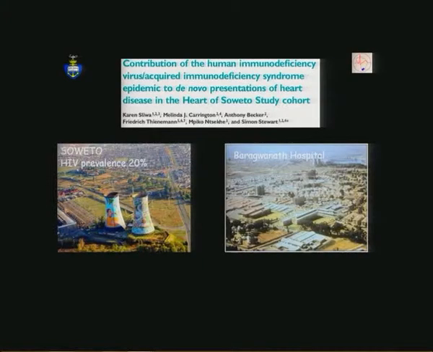And then finally, the third important study was the one that Tino again referred to, and it came from the Heart of Soweto study, looking at the contribution of HIV and AIDS to new presentations of heart disease in this community of Soweto, where the HIV prevalence is between 15 and 20%. And as Tino described, the advantage of this study was that all patients in this 2 million population township presented for their tertiary care and heart failure and conditions to a single hospital, allowing for comprehensive capture of important data.